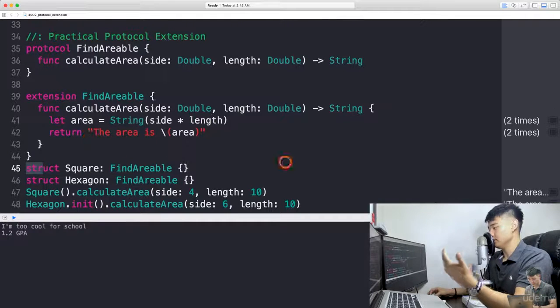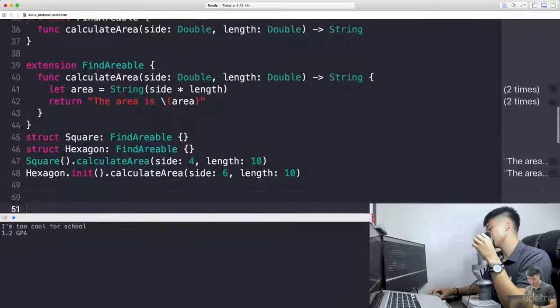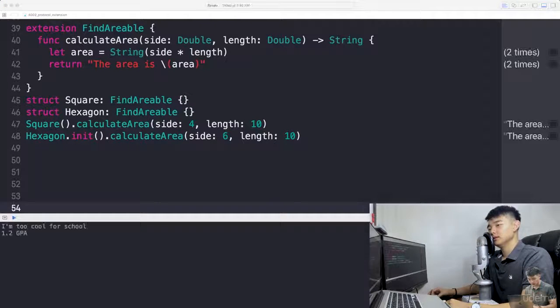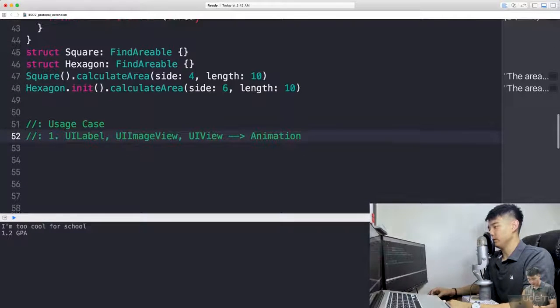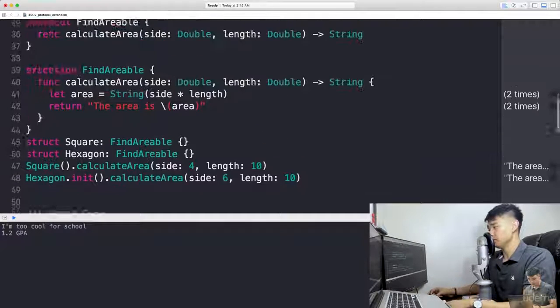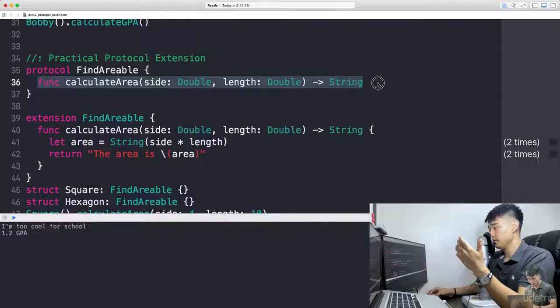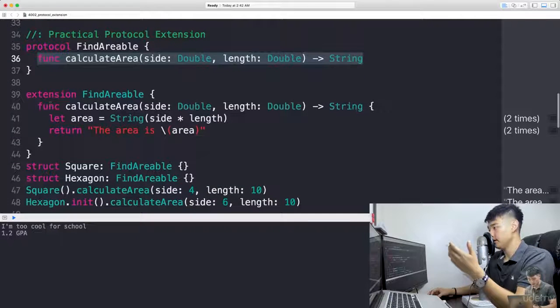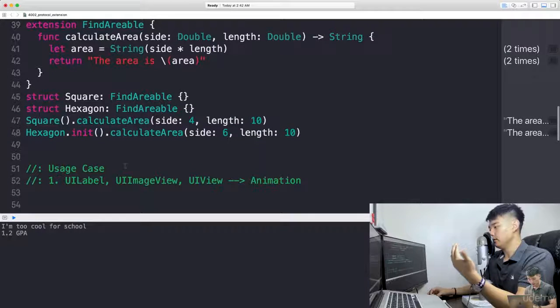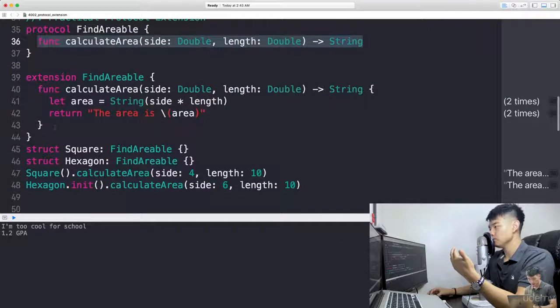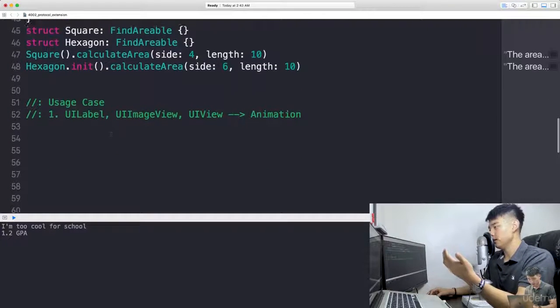So how is this useful in UIKit? Well, for example, you have a UI label, UI image view. You want to provide some sort of animation to it. So all you have to do is make a protocol. Let's call this Buzzable. You're able to buzz it. You have a protocol, right? Provide animation, and then have an extension to UIView, and anything that conforms to Buzzable has that